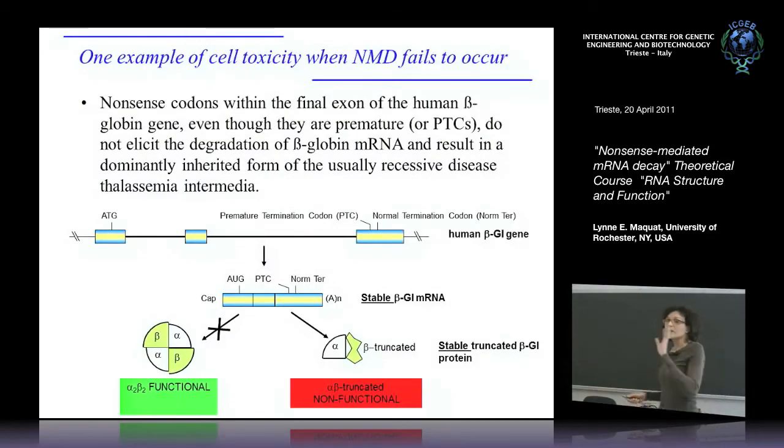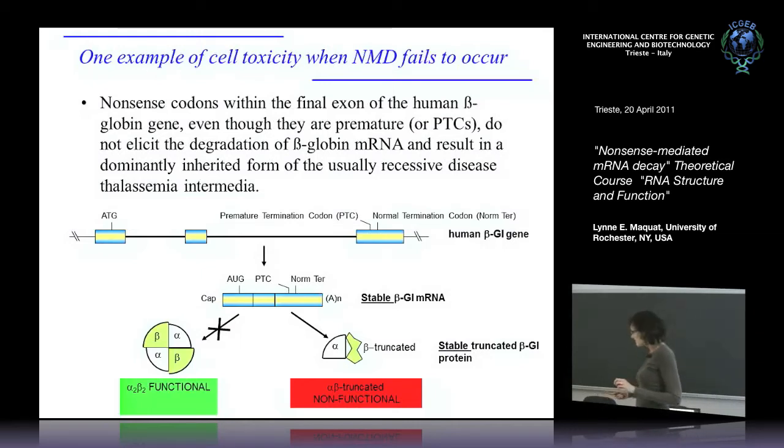Here is one of many examples of cell toxicity that occurs when NMD fails. The example I'm giving is a premature termination codon, a PTC, in the last exon of the human beta globin gene. So even though this is premature, it does not trigger NMD. The resulting PTC-containing mRNA is stable, but it produces a truncated protein that behaves very differently than the full-length beta